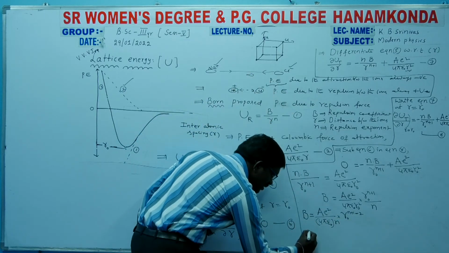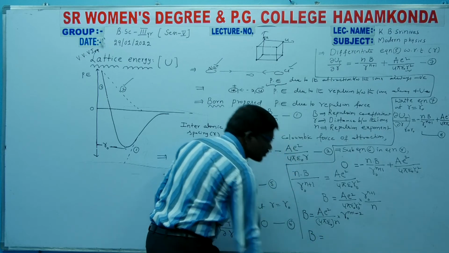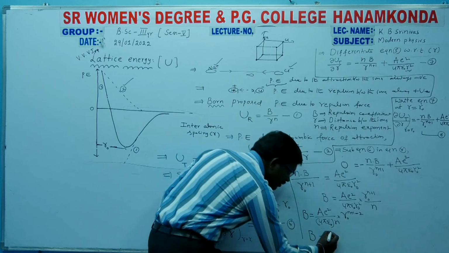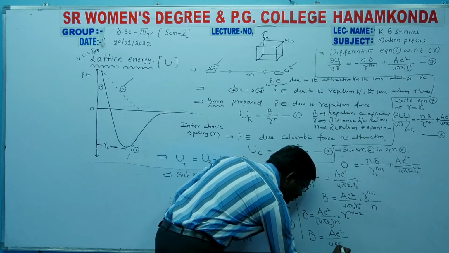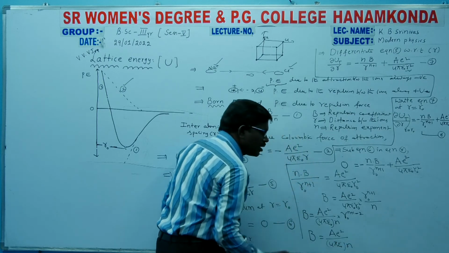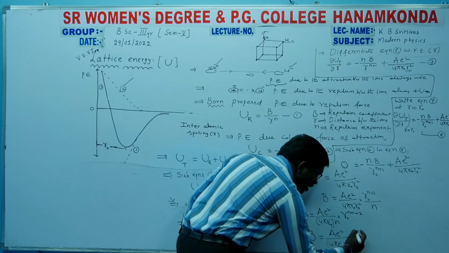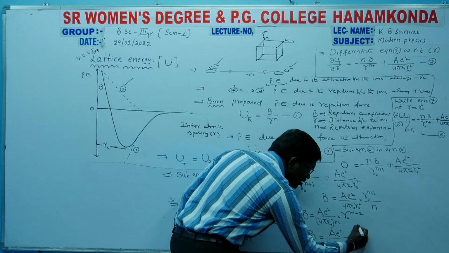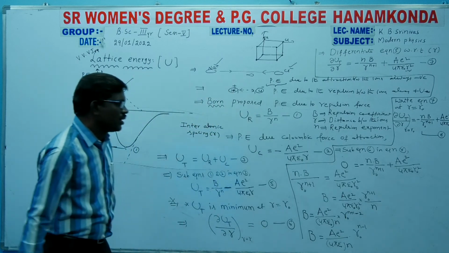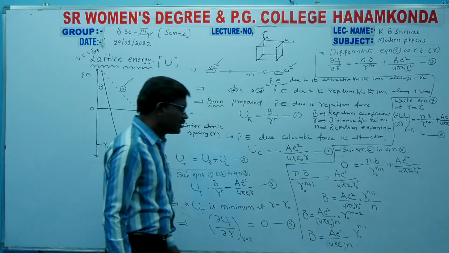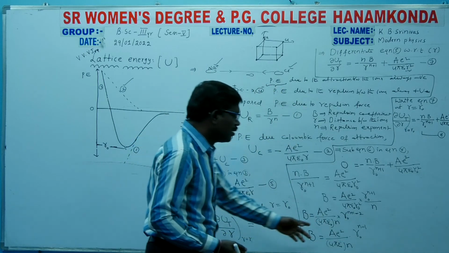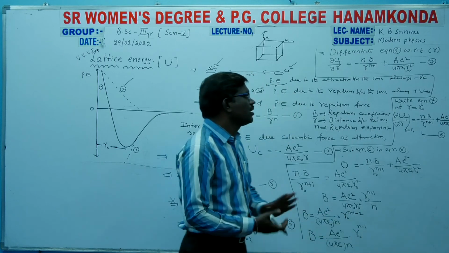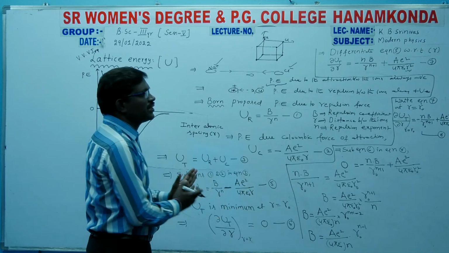Clear? So final expression, that is b is equal to ae square by 4 pi epsilon naught into small n into R naught to the power of n plus 1 minus 2. Plus 1 minus 1 gets cancelled. Finally, we are having n minus 1. Just to take this r naught to the power of n minus 1, it becomes r naught to the power of, it will be reversed, r naught to the power of minus n plus 1. Just concentrate on this derivation.